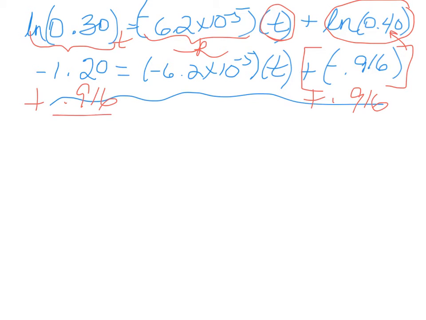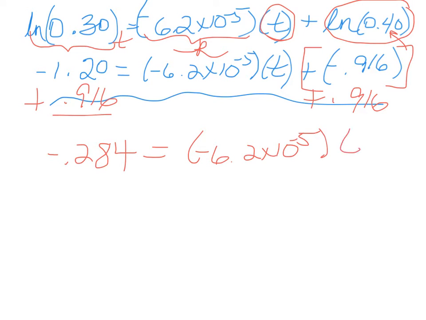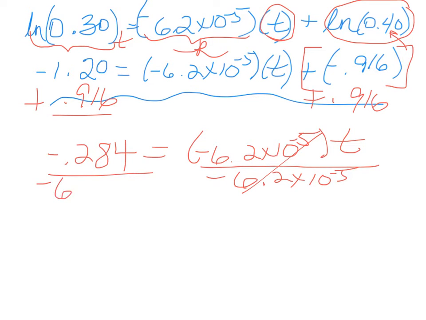So now we have minus 0.284 on the left side of the equation. Okay, and I'm going to divide both sides now by minus 6.2 times 10 to the minus 5. Get rid of that. I need to write smaller. Okay, and so then that gives us on the left side of the equation